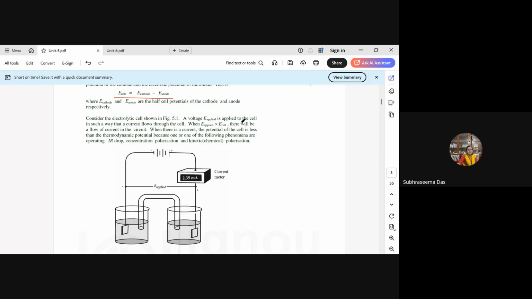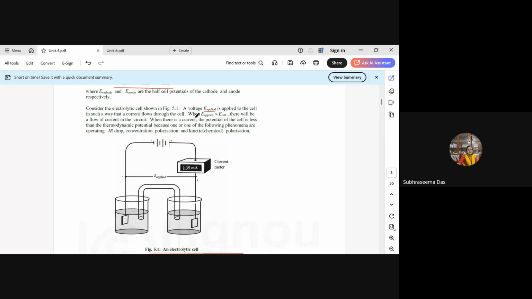Now to this cell, we apply a voltage. Let the voltage be given as E applied in such a way that a current flows through the cell. After we apply this voltage, current starts flowing inside the cell. Now what happens is, when this applied voltage is greater than the cell potential, then there will be flow of